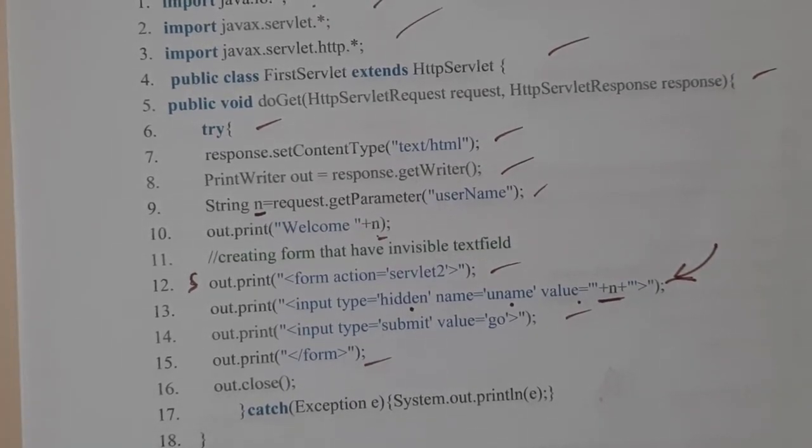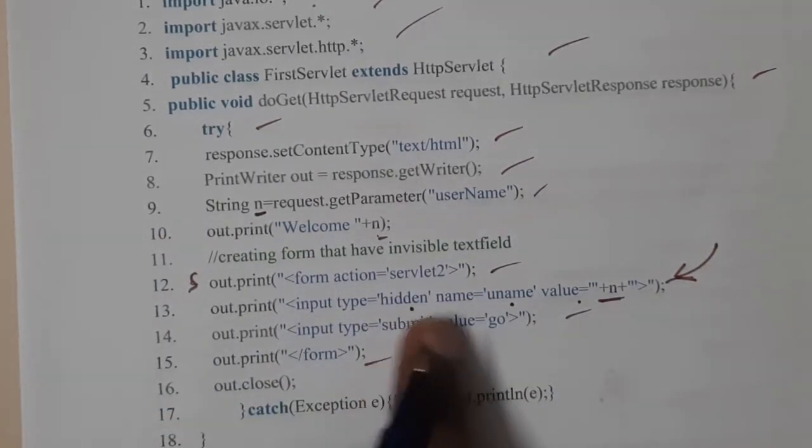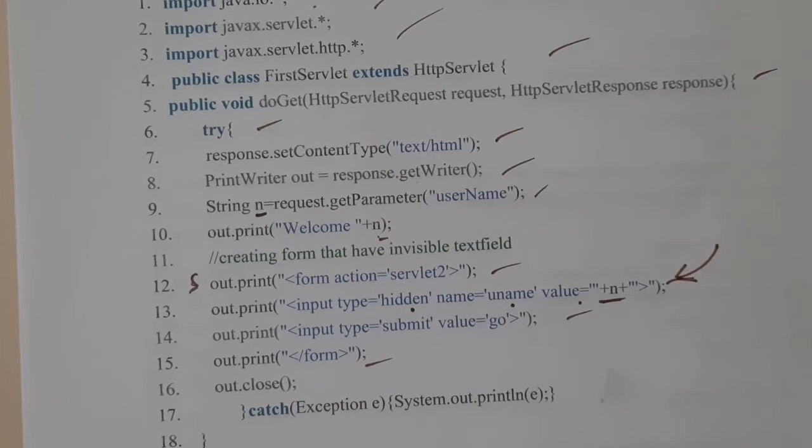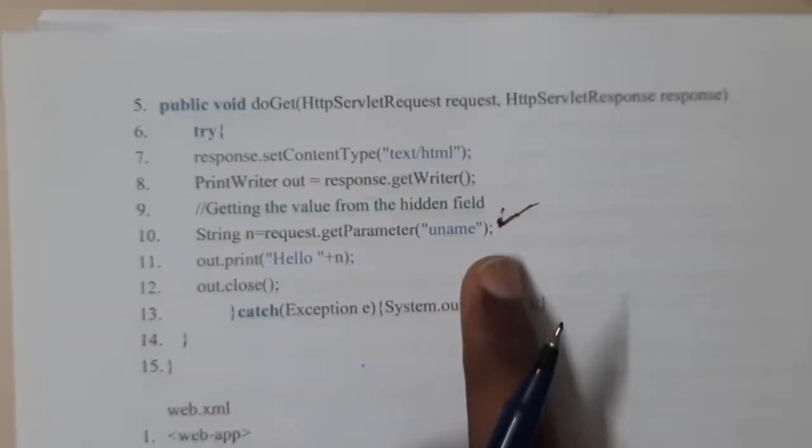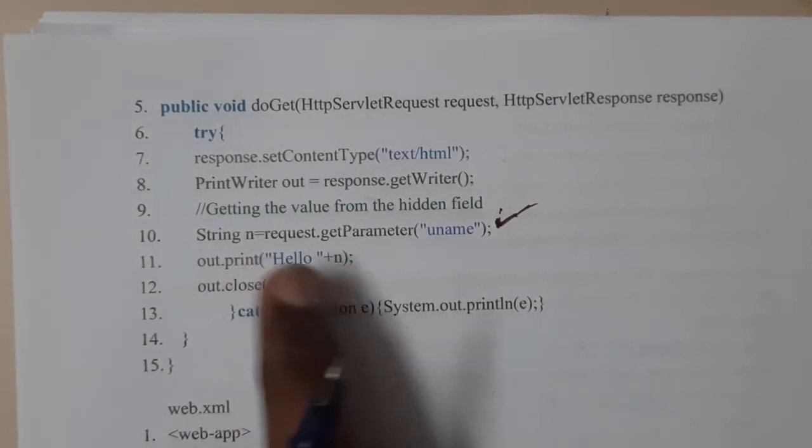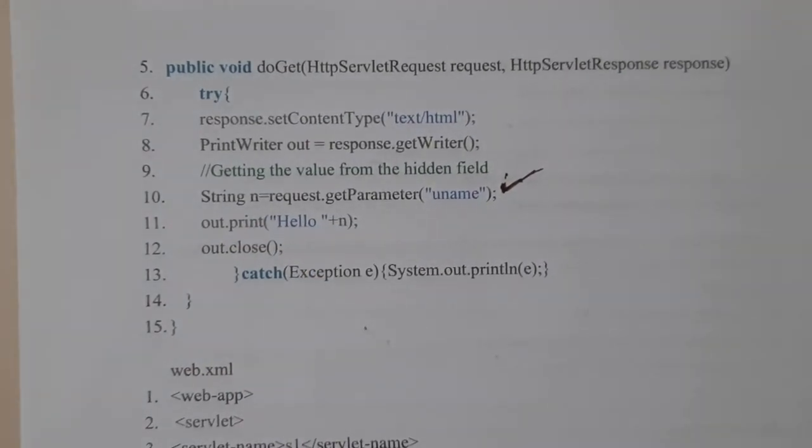In the previous one, while we were working with cookies, we created a cookie. Here you are initializing the hidden form field, to be clear. So you are accessing it here. You got the name here now. You are storing it and you are printing it. In this way it will be working.